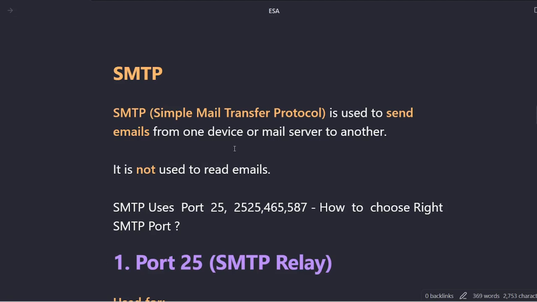So guys, in today's video, we will learn about the SMTP protocol, and we will see various types of ports we have with SMTP. So let's deep dive into it. First, the full form of SMTP is Simple Mail Transfer Protocol, and we are using it to